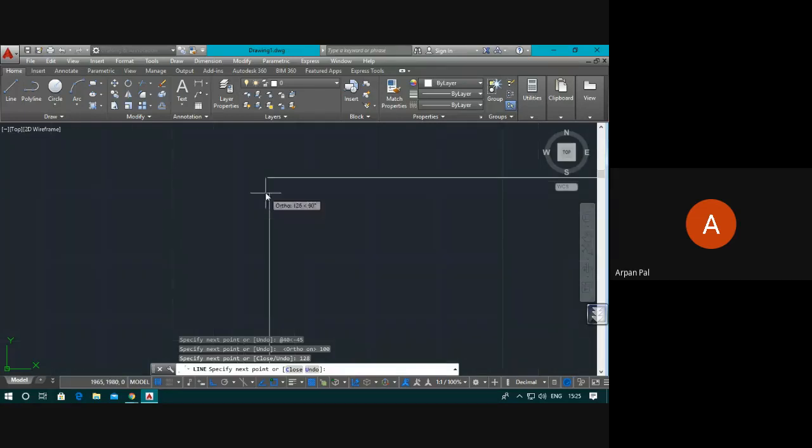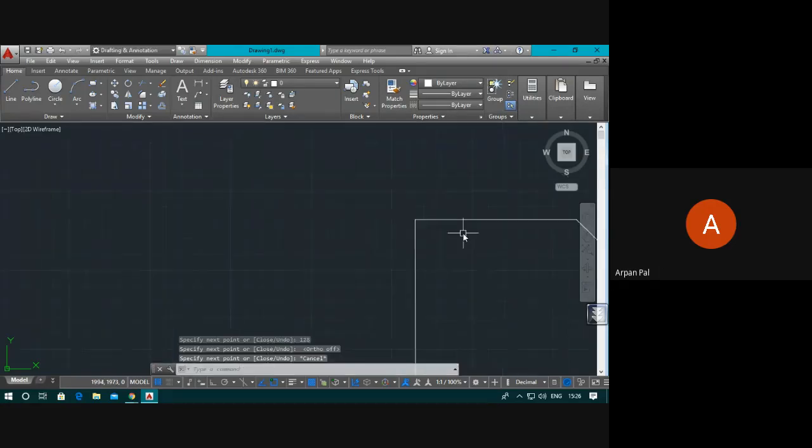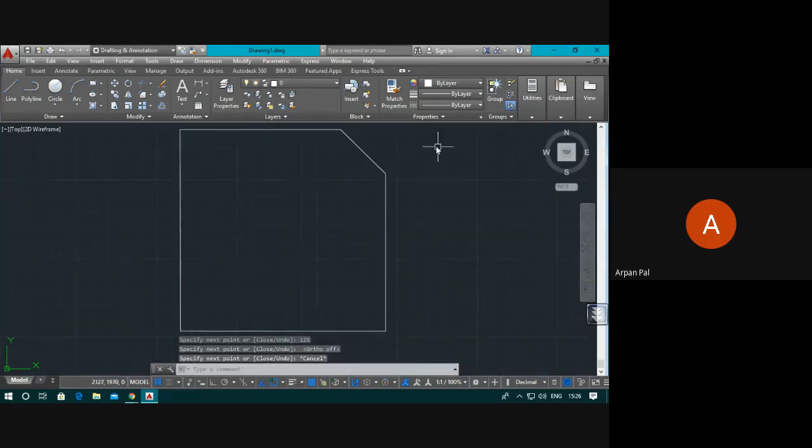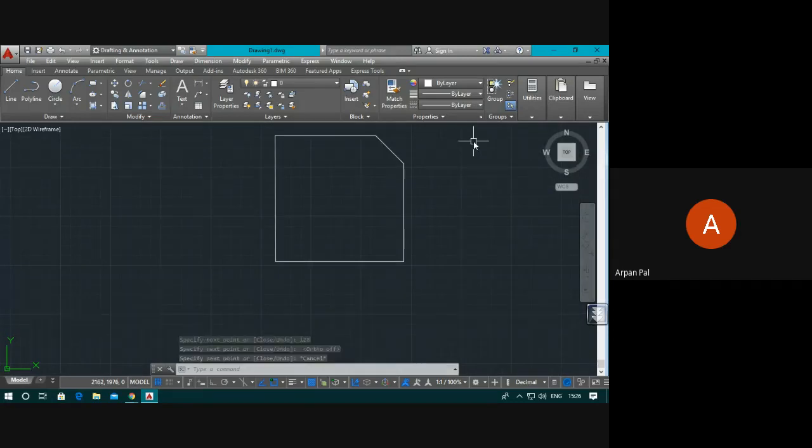So let us join this end point rather than make it vertical. Just switch off the ortho mode. Come to here, it will show the end point. Why is it showing the end point? Because OSNAP is switched on. Exactly. So click on here. It will take the end point like this.